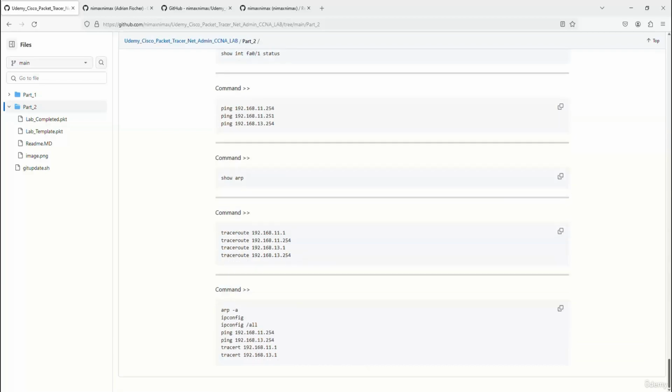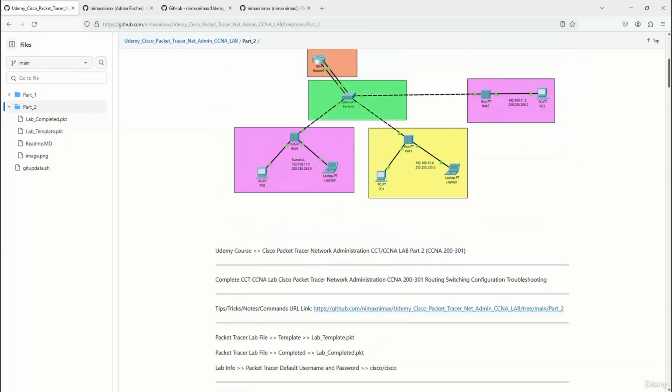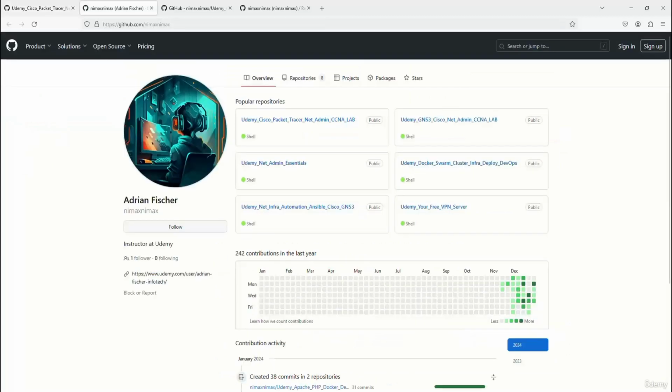We have all commands and all information related to this course and sections, and